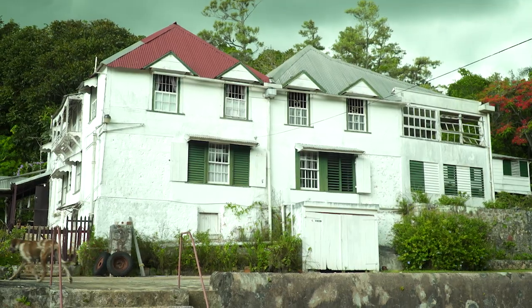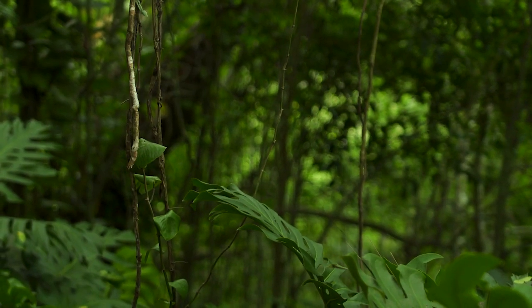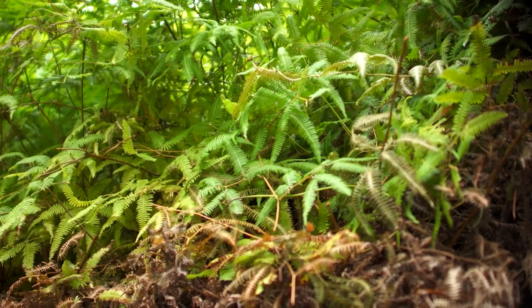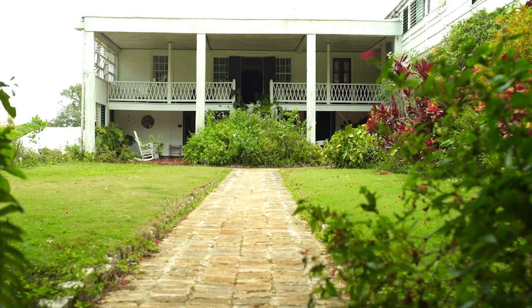So Marshall's Pen is located north of Mandeville in a village called Town. It's like the rest of Mandeville. It's a little bit cooler, not as cool as it used to be, but it's still cooler than Kingston. This natural reserve supports many endemic and rare species of plants, birds, and reptiles. So if you're keen on learning about the beauty of nature, then you'll fall in love with this 18th century